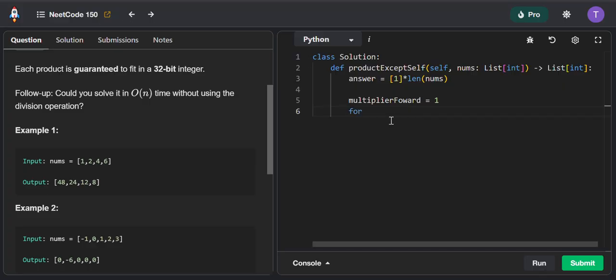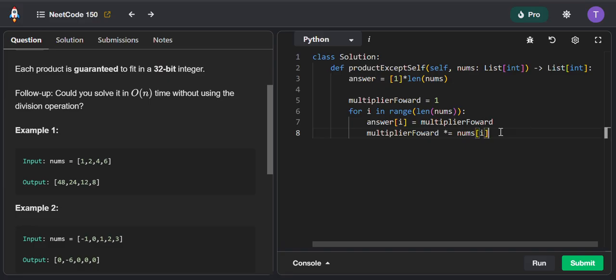So for i in range len nums, basically the answer at the index i is going to be equal to the multiplier forward. So for the first run, the value of the answer array at the index 0 is going to be equal to 1. And after this, we're going to set our forward multiplier,